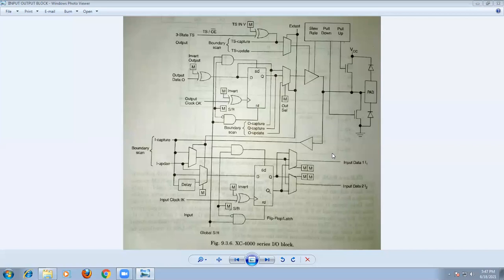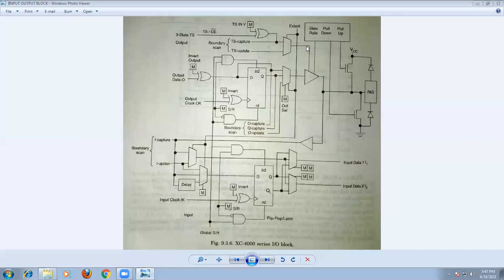Like this, the pad can be either input or output depending upon the buffer condition. Next, just observe here, we have the slew rate, that is the SR bit. This controls the rate at which the output signal can change. When the output drives an external device, reduction of this SR is desirable to reduce the induced noise.